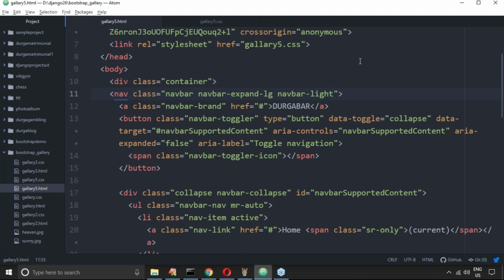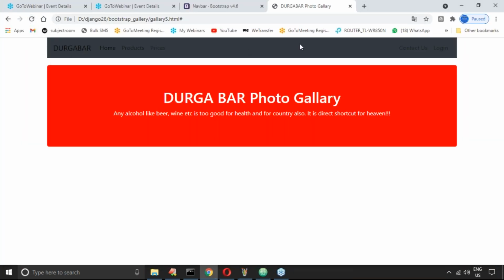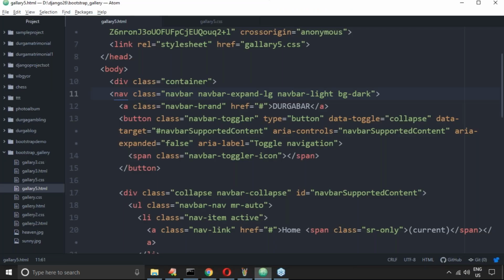So you can take BG dark, no problem. Now observe that. If I take it like this, yes. But anyway, I don't want dark. My requirement is I want to define my own styling. Bootstrap 4 already has its color combinations. Let me define my own styling also, no problem at all.